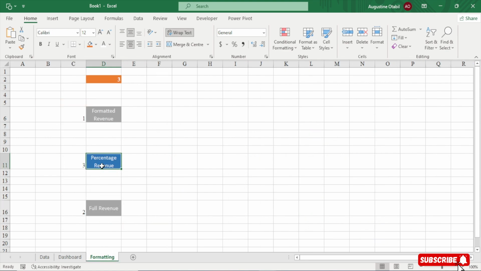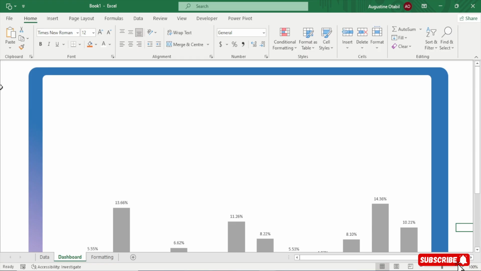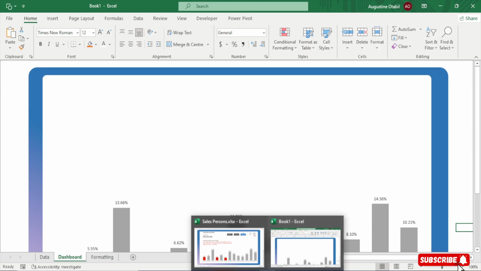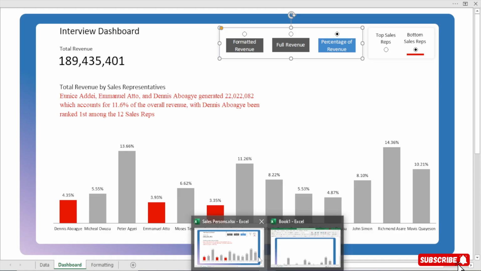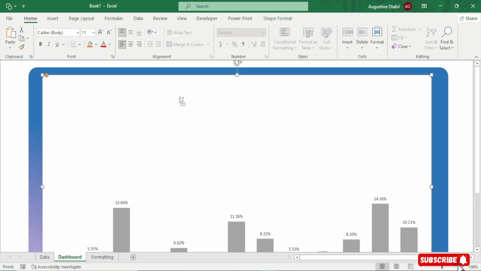Perfect. So this is what you are trying to get, right? This is what you are trying to get. But then watch here. Because of time, what I'm going to do is I'll go to my previous one or the completed one, and I'll copy this shape, right? It's nothing new, it's just a shape, right, and then I'll bring it here.